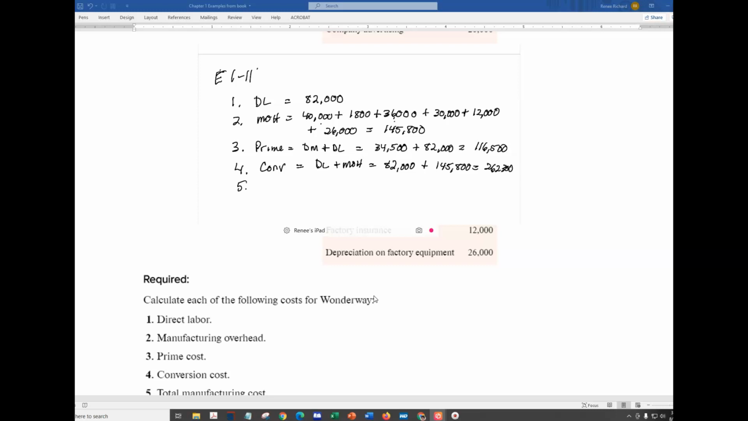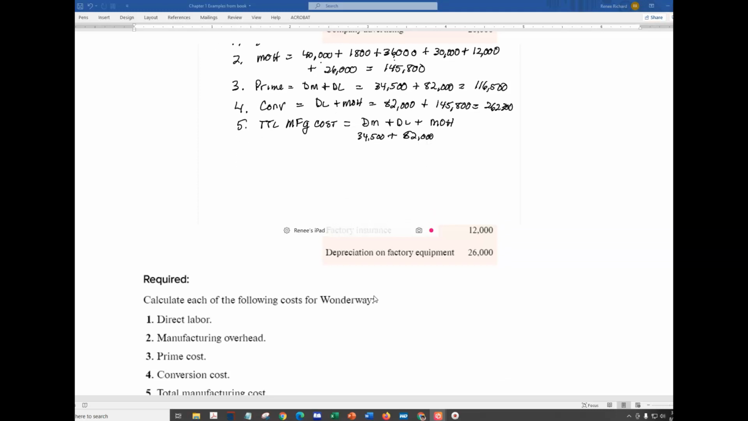5. Total manufacturing costs. So total manufacturing cost is equal to direct materials plus direct labor plus manufacturing overhead. That's all of our product cost or our manufacturing cost. So that would be direct materials was 34,500. Direct labor 82,000. And manufacturing overhead 145,800 for a total of,